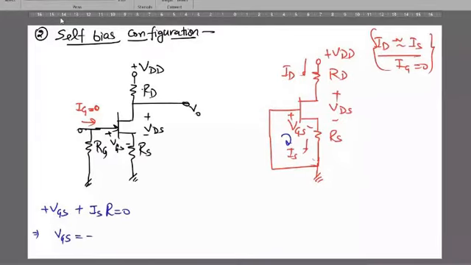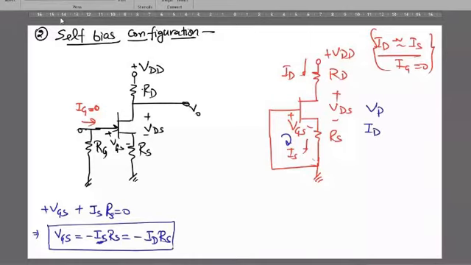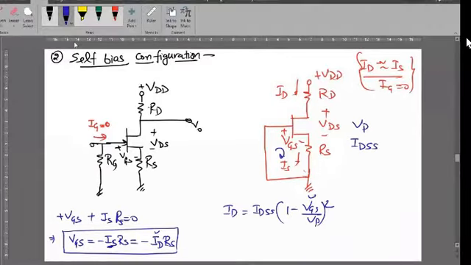Okay, so we have calculated the value of VGS here, and VP is already given to you and IDSS is given to you. In that case, directly you can put the Shockley equation, that is ID equals IDSS times 1 minus VGS over VP, squared. And one more thing, this is depending upon ID as well. So you will put this value like that, IDSS